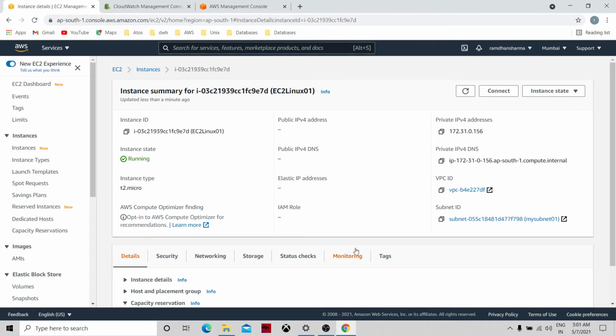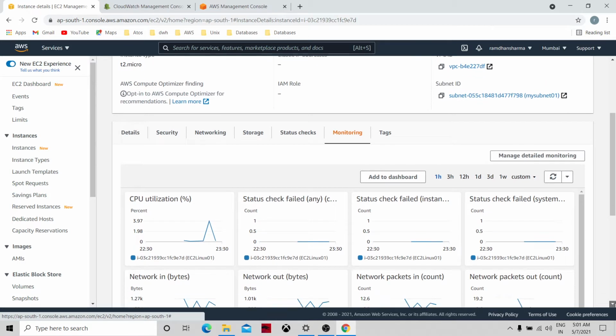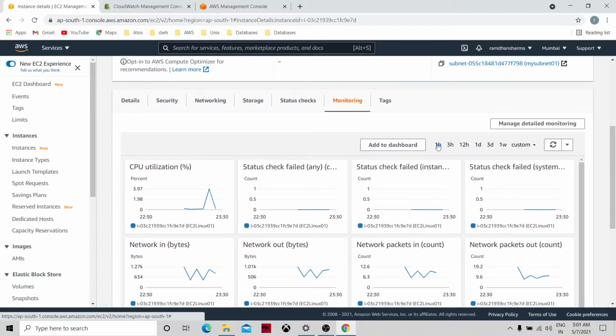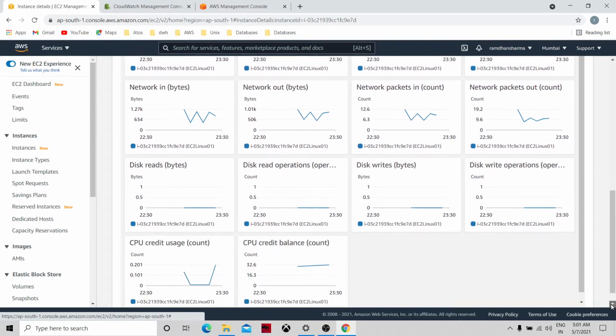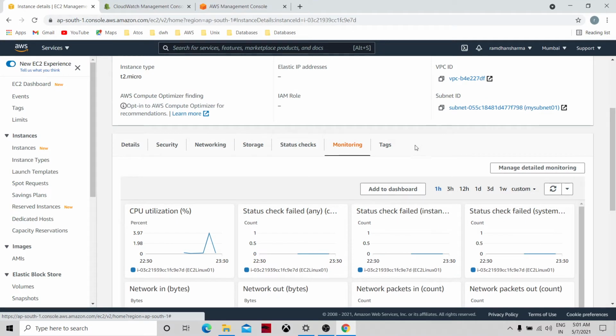If you want to see how CloudWatch works, let's go ahead and see the monitoring. The 1 hour monitoring shows how CPU utilization is working and what the network output is. These are the widgets available by default in monitoring.